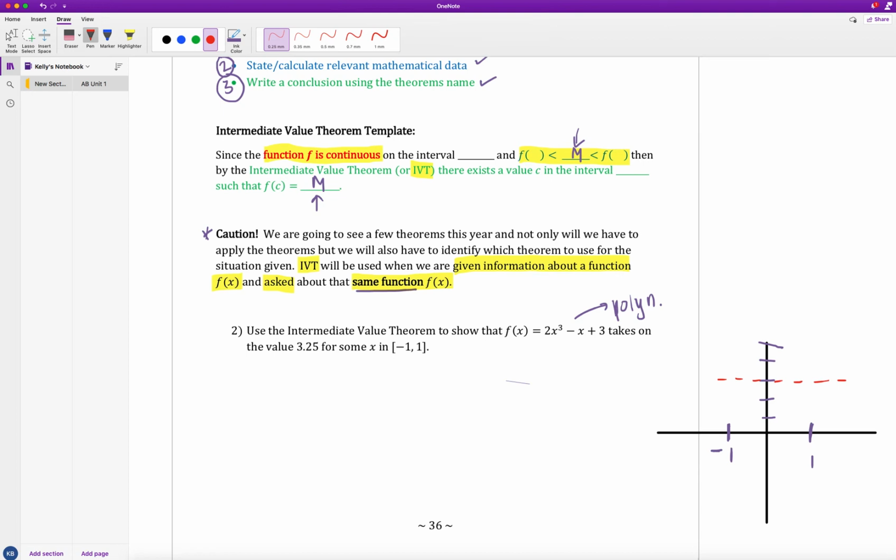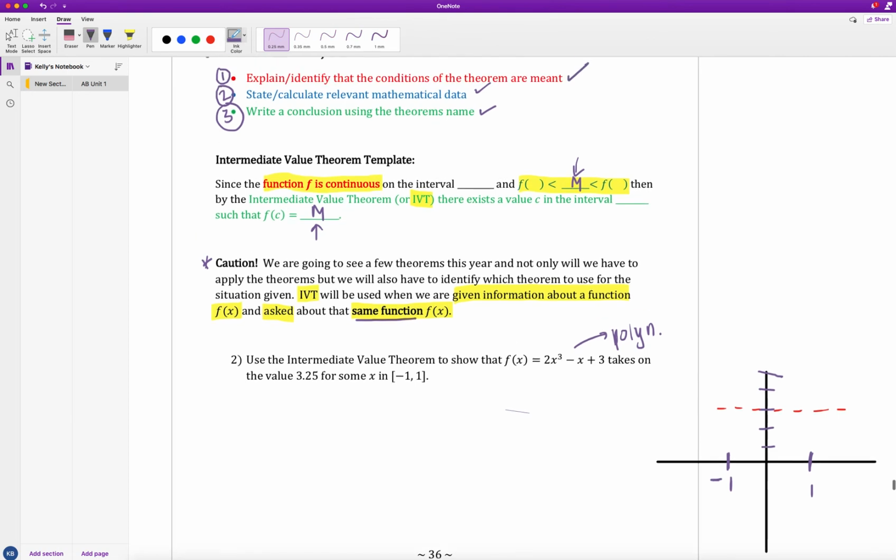So it is just an existence theorem. We're not finding the specific values. We're just proving that there exists at least one point where that will happen. Okay, let's format out our thought process here, and I want to make sure we can have all 3 of